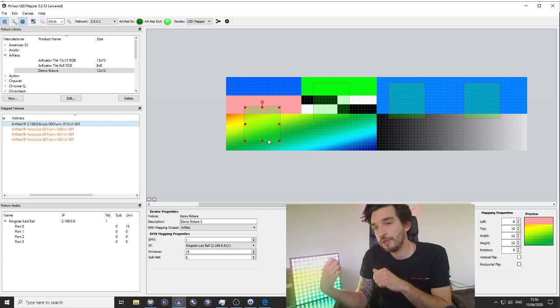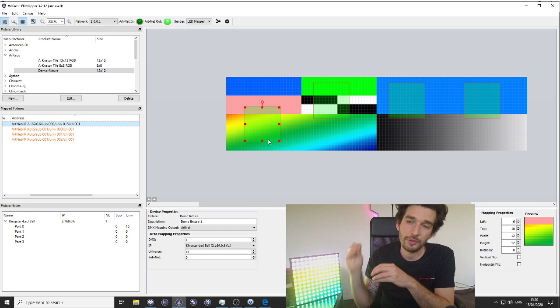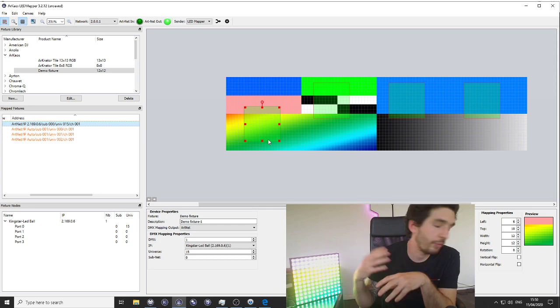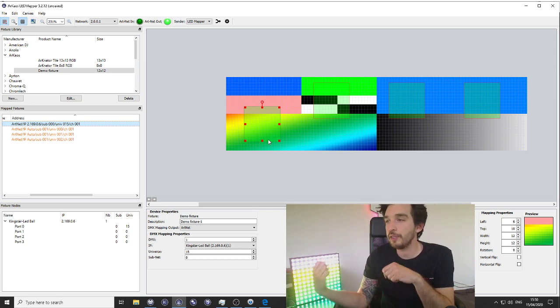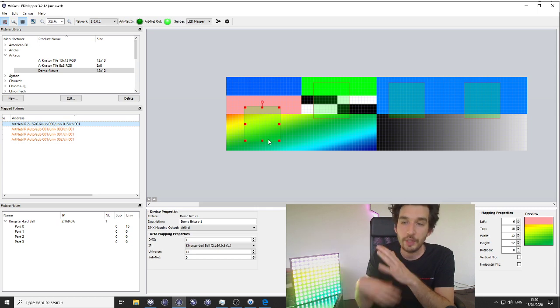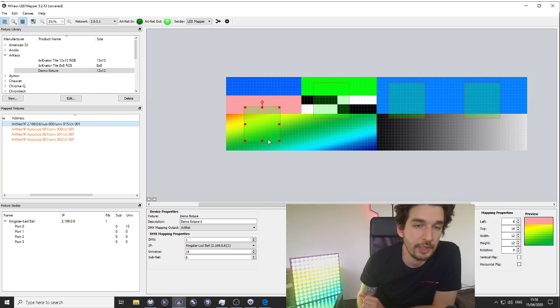Do you go straight DMX from a node, DMX node to the fixture, or do you go straight to the fixture? It will depend how powerful the ArtNet network processing is on the fixture. So a lot of parameters there. If you don't know, like to play it safe, just unicast from there.